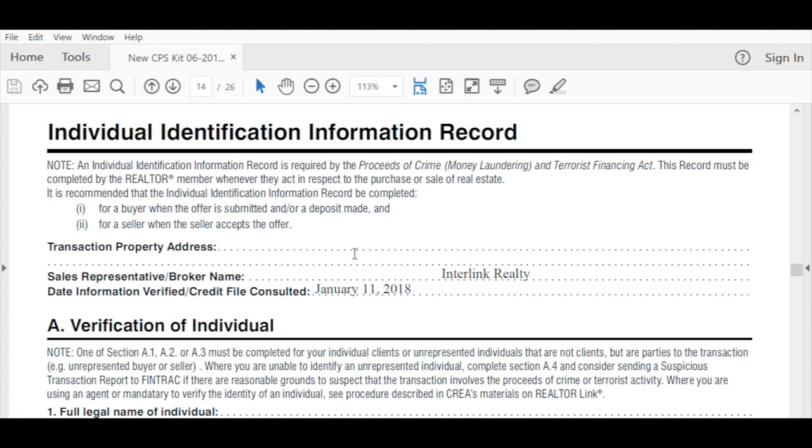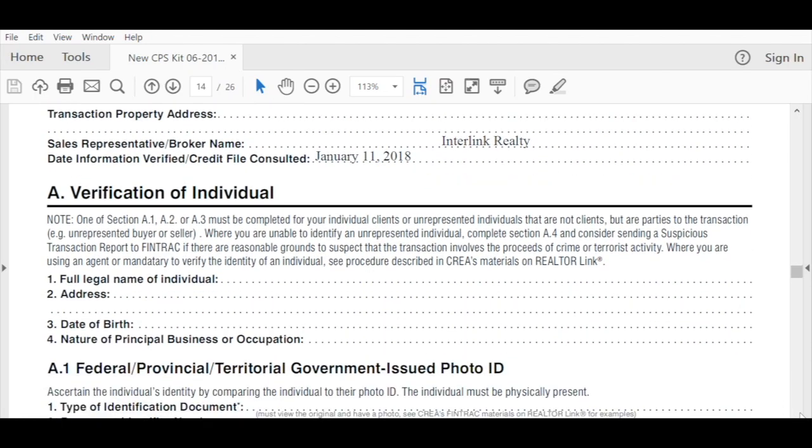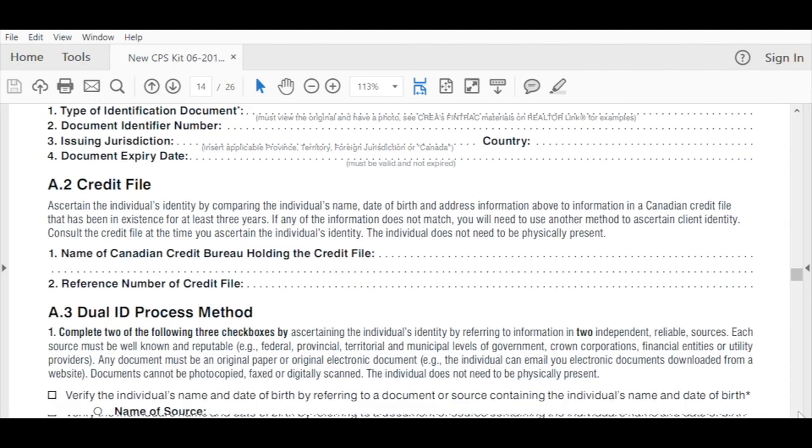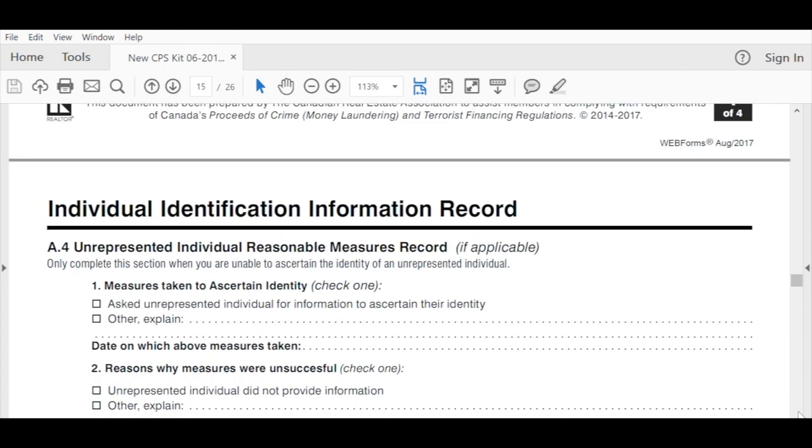Otherwise, you have to put in the transaction property address, your name here as their sales rep, and then the brokerage on whatever date, and then verification of individual, their legal name, address, birthday, occupation, and then what type of documentation, identification number, issuing jurisdiction, country, document, expiry date,